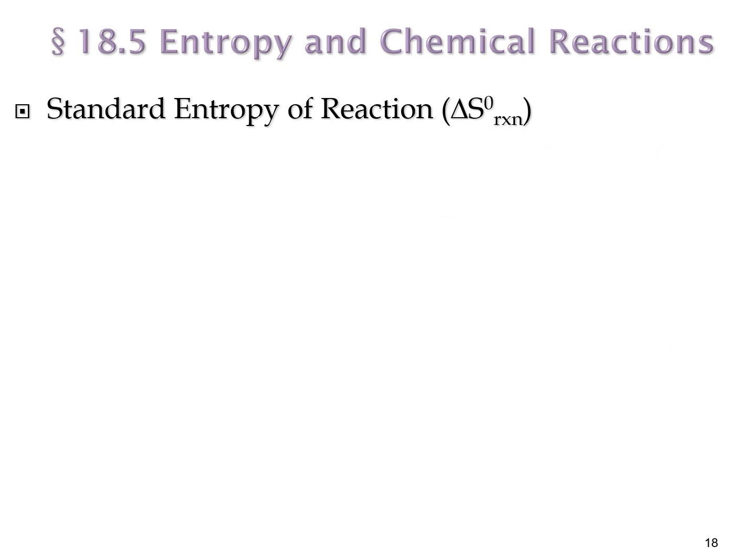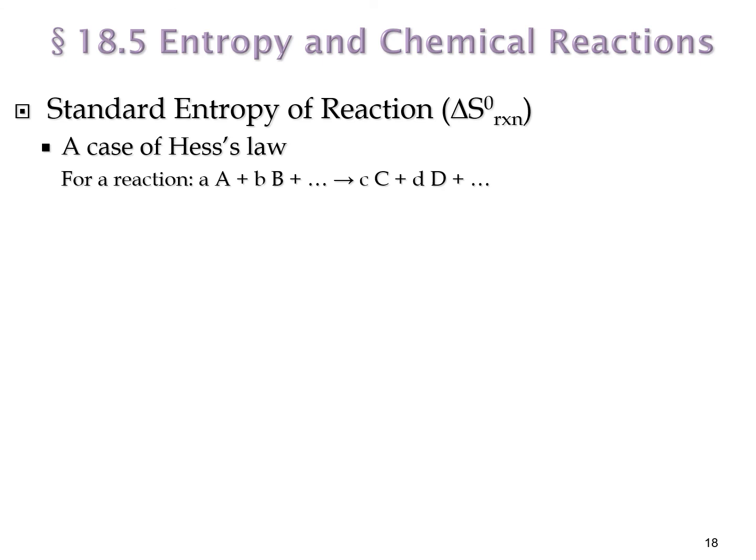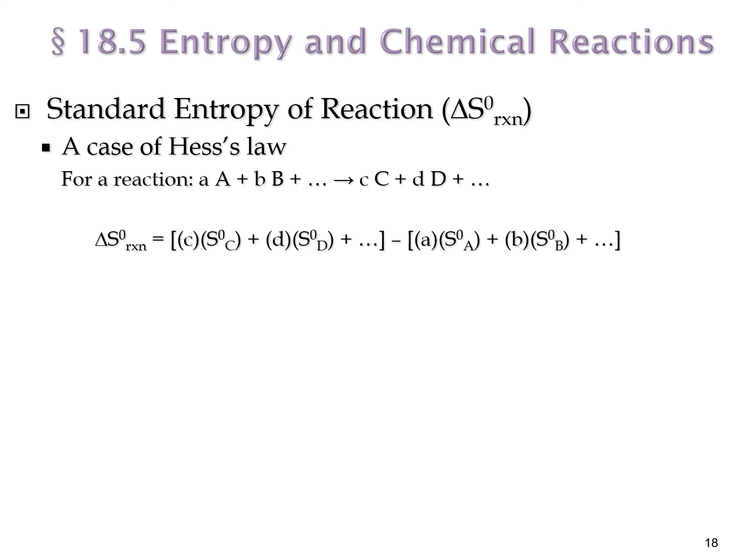So once we have a standard molar entropy, then we can develop an even more important concept called standard entropy of the reaction, delta S0 of the reaction. That is a case of Hess's law. For example, if you have a more generic reaction like aA plus bB yields cC plus dD, according to Hess's law, the delta S0 of the reaction, zero, remember, means standard state, is equal to